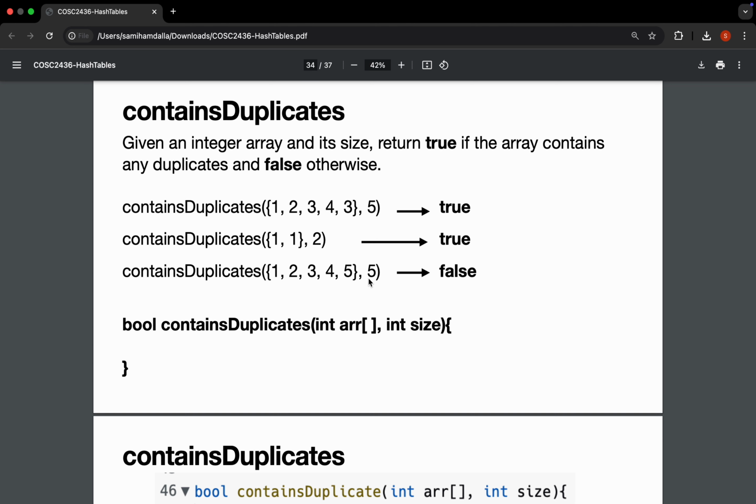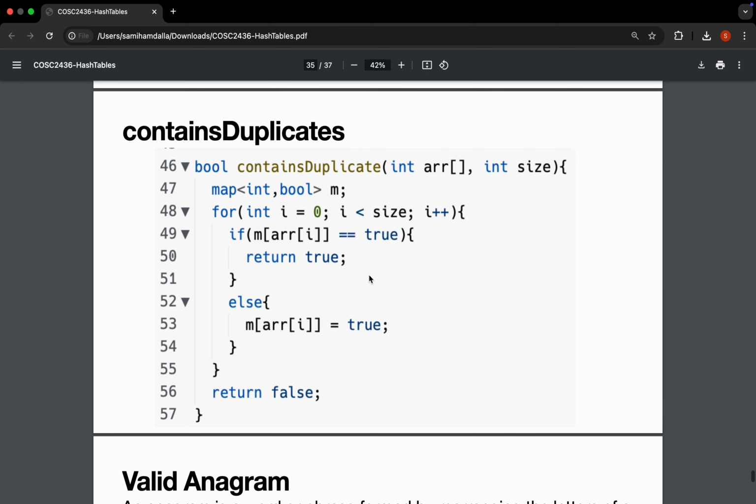called contains duplicates. Given an integer array, return true if the array contains any duplicates and false otherwise, right? So obviously 1 2 3 4 3 contains duplicates, so true. Contains duplicates 1 1, true. 1 2 3 4 5 does not. So the function uses a standard library. You iterate through the array, right? If the current index in the array already exists within the